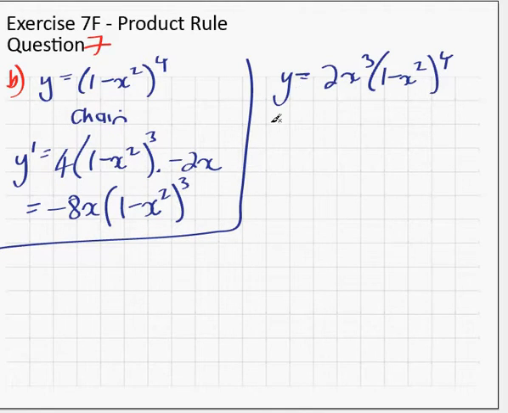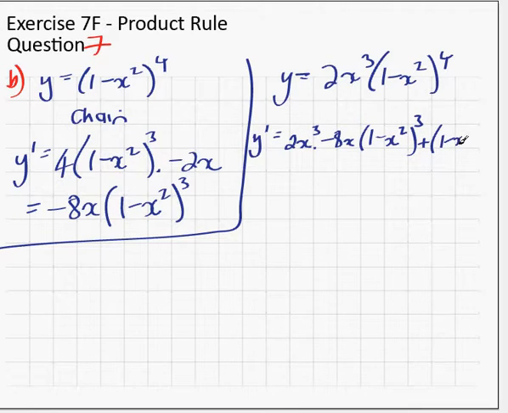So we want to do the first term times the derivative of the second, need to write the derivative there. The derivative was minus 8x 1 minus x squared cubed plus